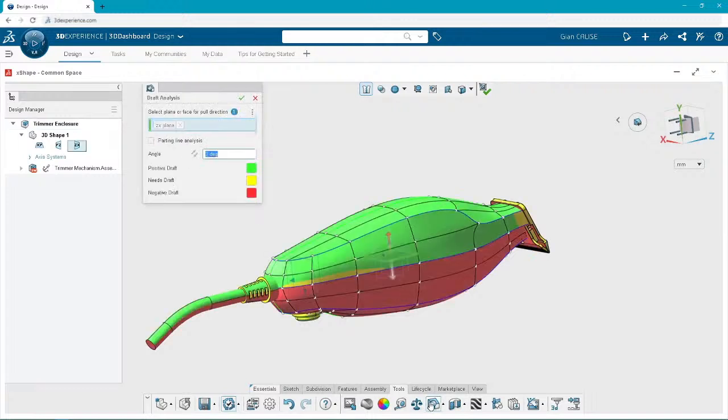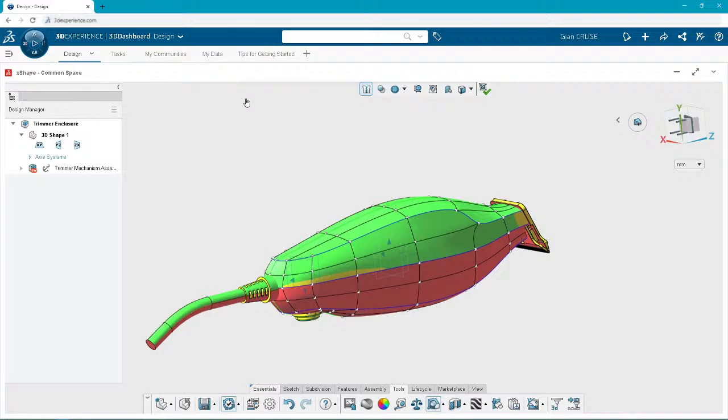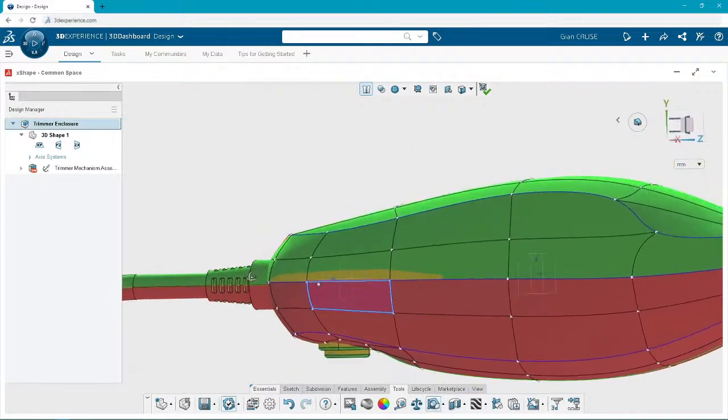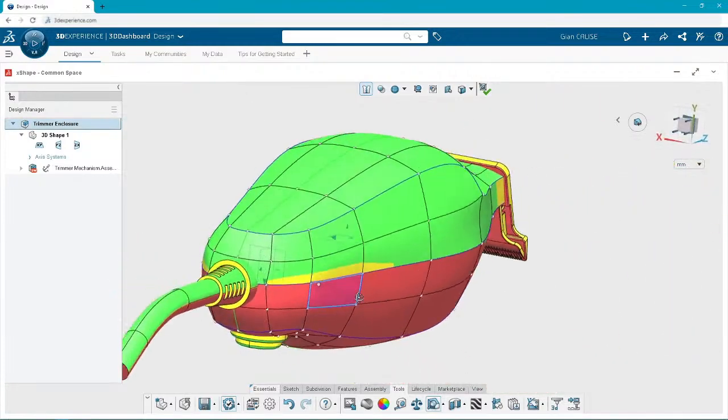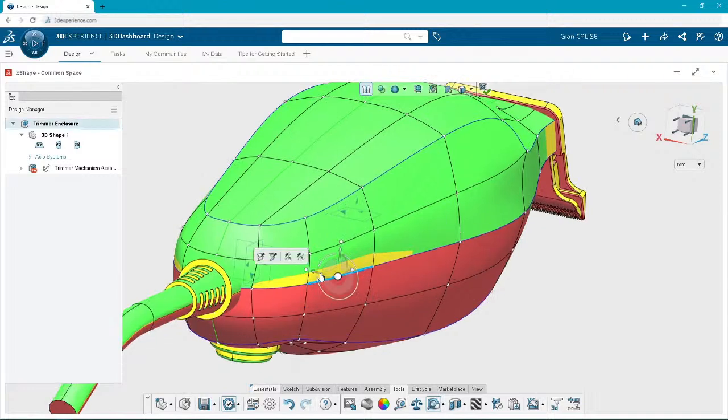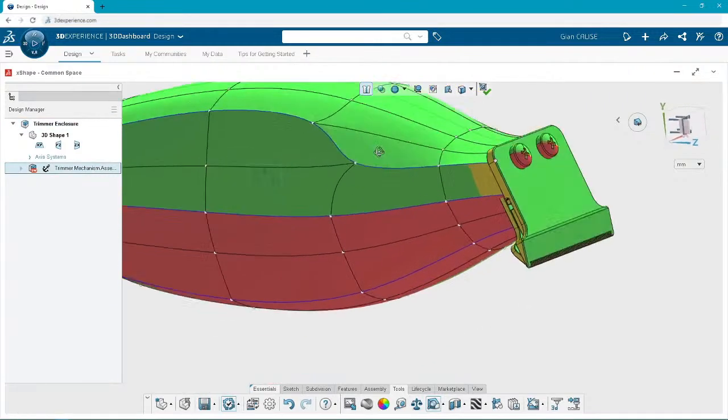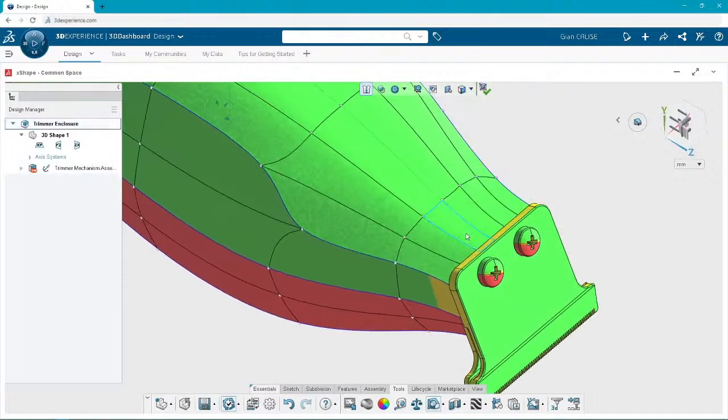All right, we're going to turn on draft analysis, do a quick manufacturability check. We already have the ZX plane selected, and the yellow color is what's bothering me. That's where we need to have more draft. And the best part about 3D Sculptor, in my opinion, I love this, is that it's dynamic. It changes as you make changes, the draft analysis updates, which is just